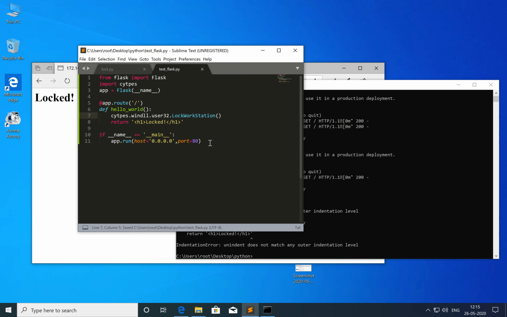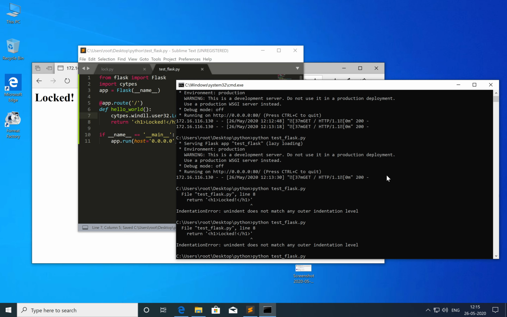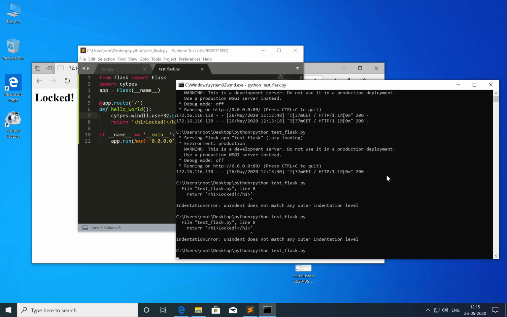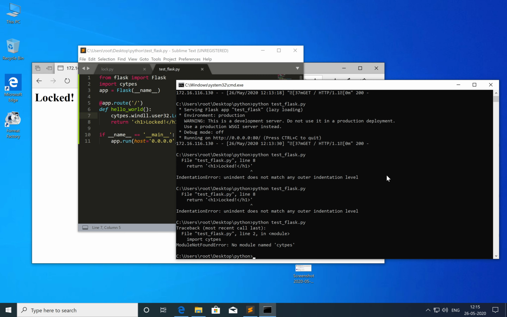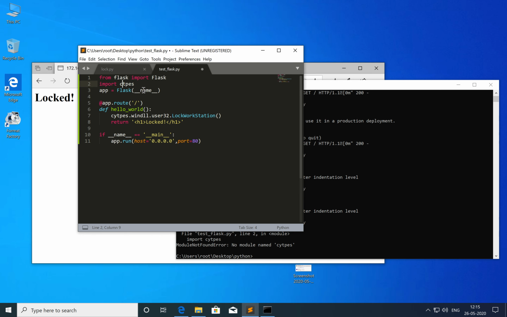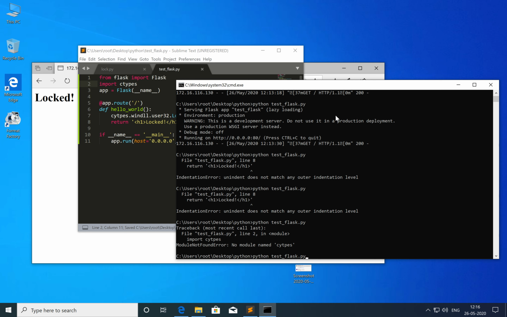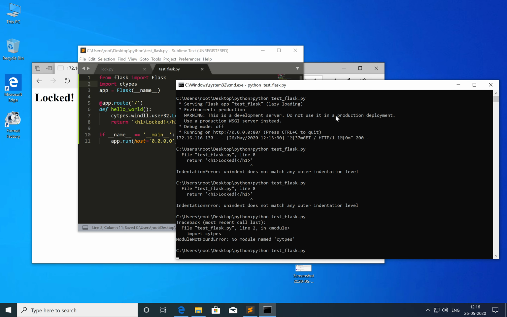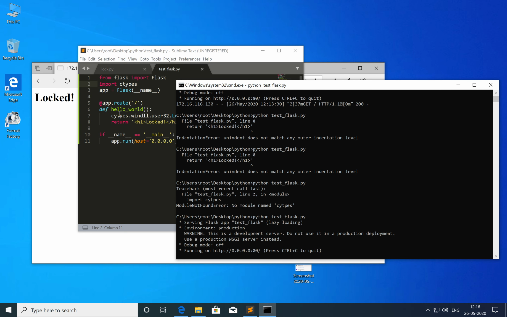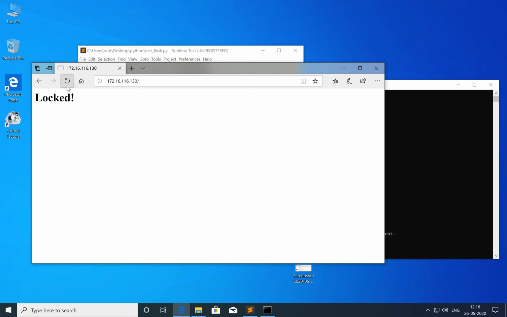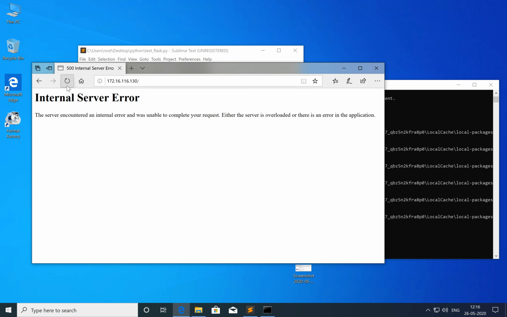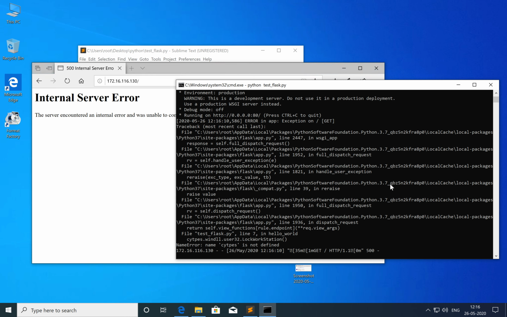So I am rerunning this application. ctypes, okay. Let's run again, and this time I'll be reloading this app. You can see that I am having this